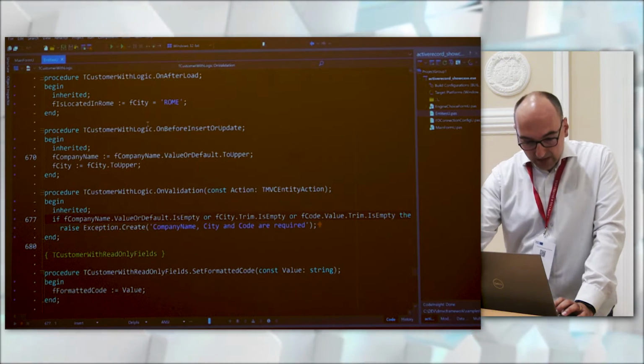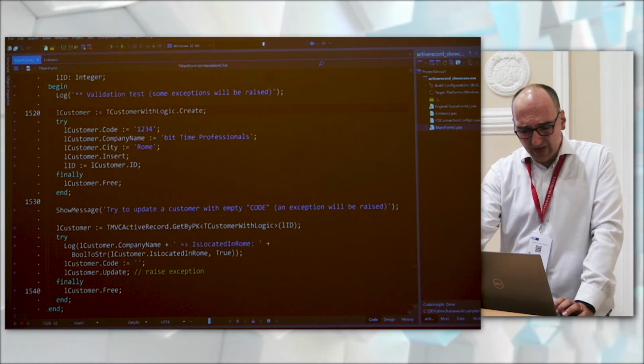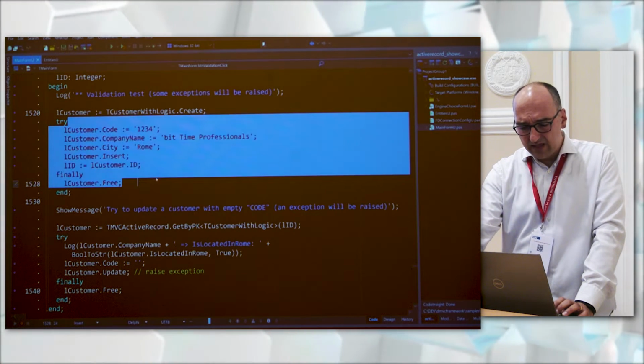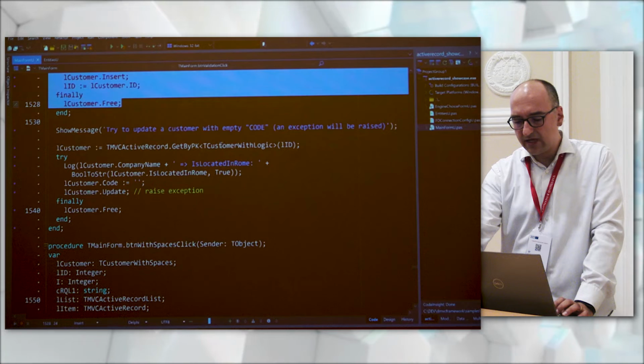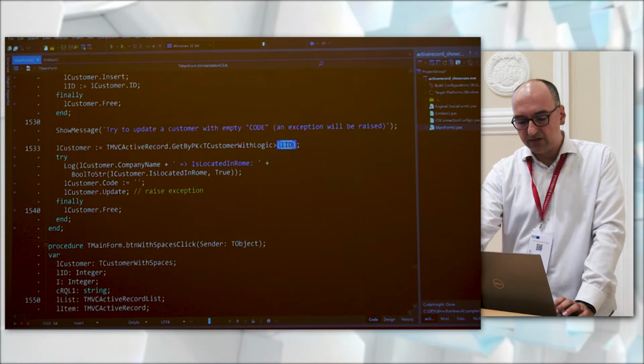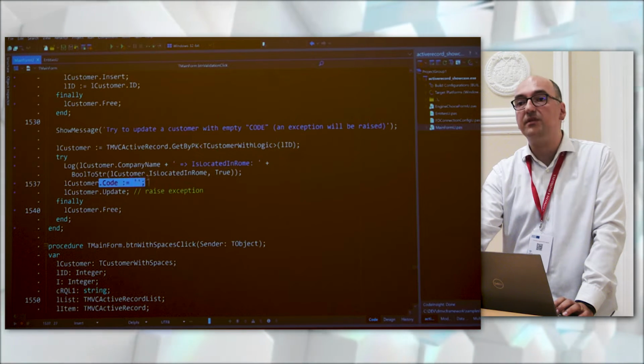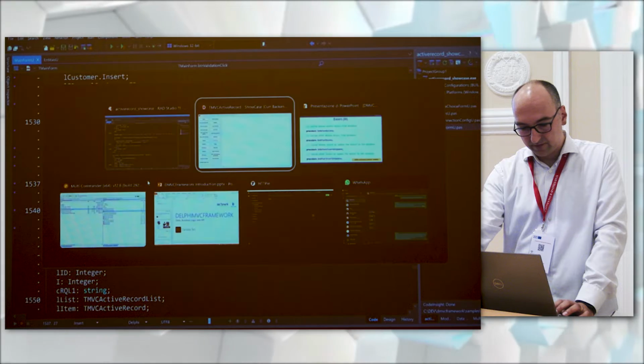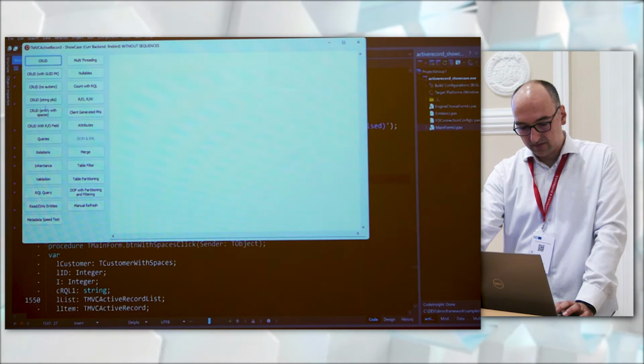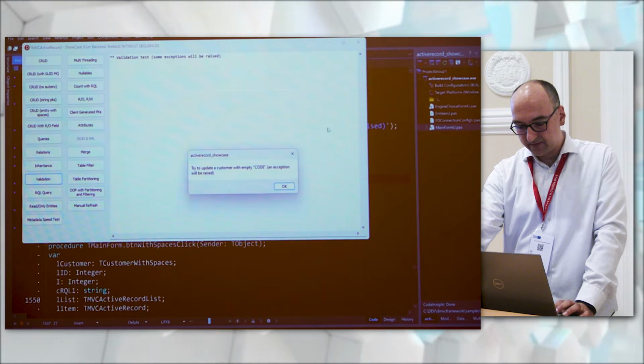In my main code, I don't do anything. I create an insert, then retrieve the just inserted object, and try to put code as an empty string. And I get an exception.